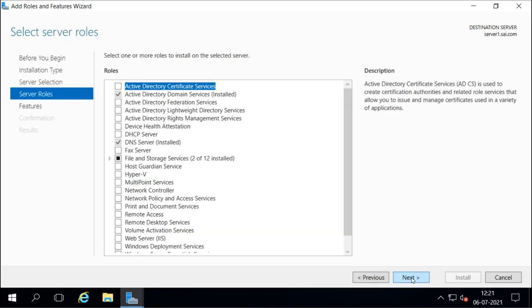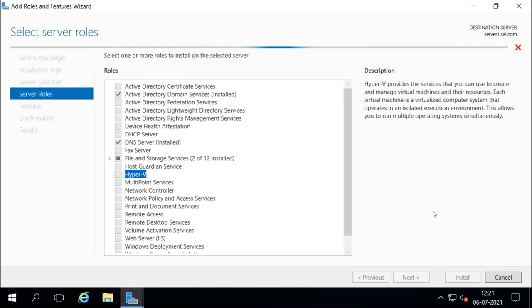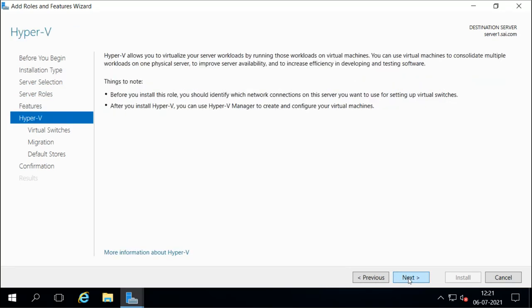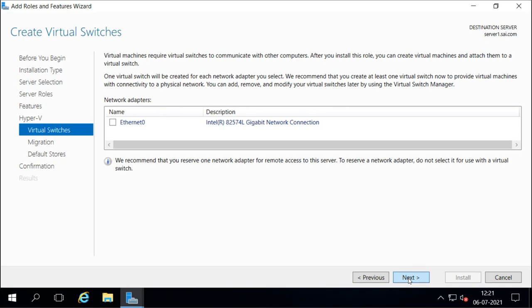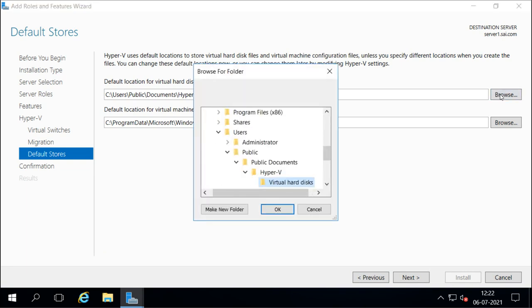So first I will do what? I will install the Hyper-V role. I will change this.